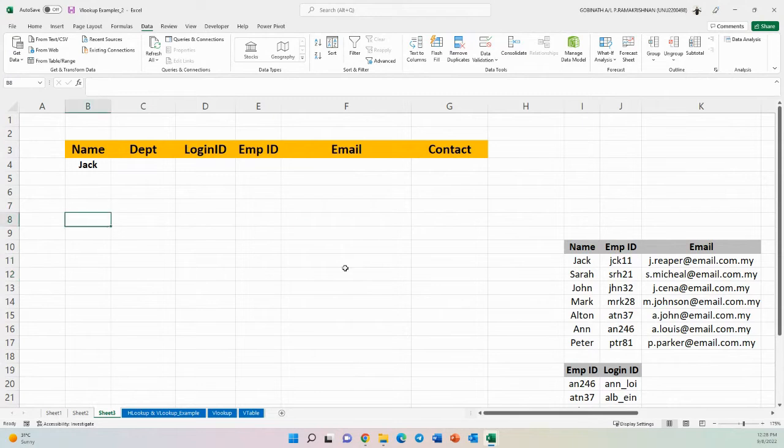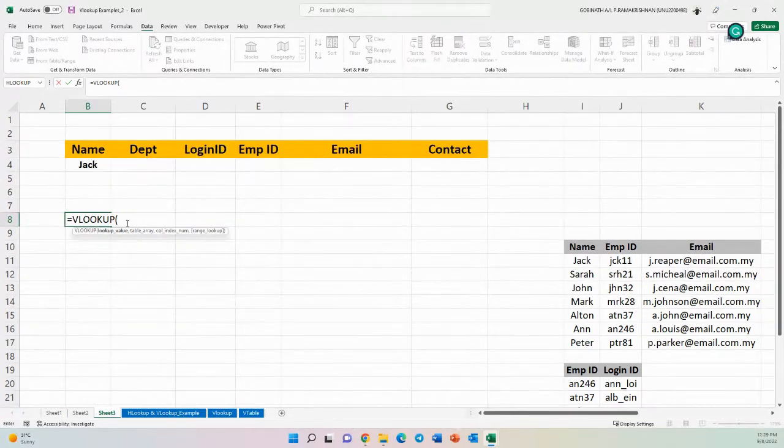Now, this is how I'm going to do it. I'm going to use VLOOKUP. The first thing that we are going to find is the employee ID, so I'm going to use the name, comma, from this table, comma,